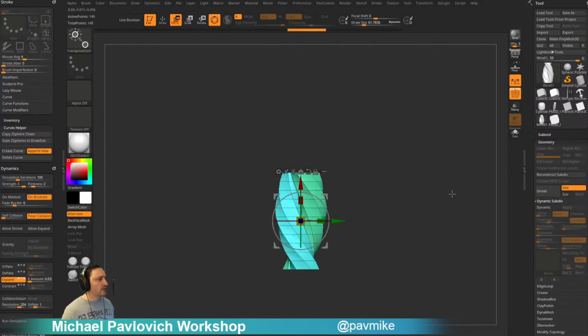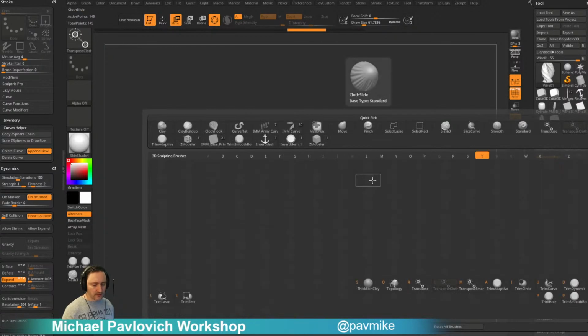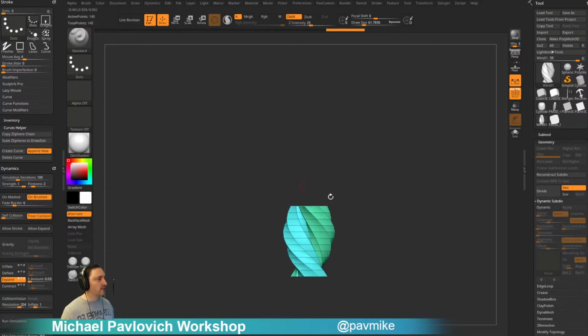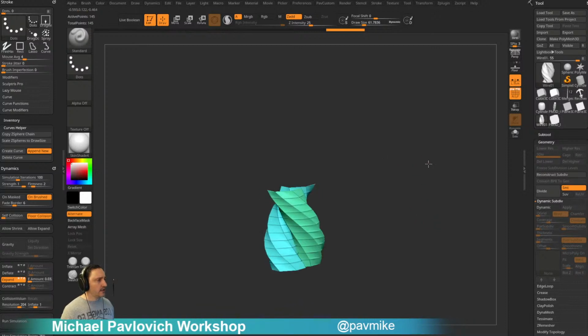If we want this to be compact a little bit more, we can shrink this down. Oh no, BTR, transpose regular, not transpose cloth. There we go. So we kind of fatten this up a little bit. It'll get more rotations per. So we'll call this our rope. And we'll go through here and we'll say